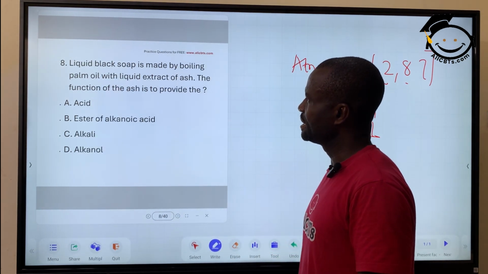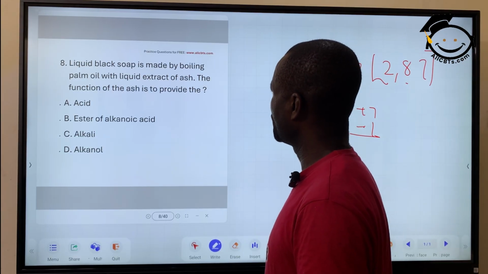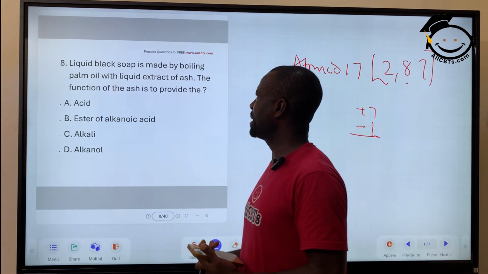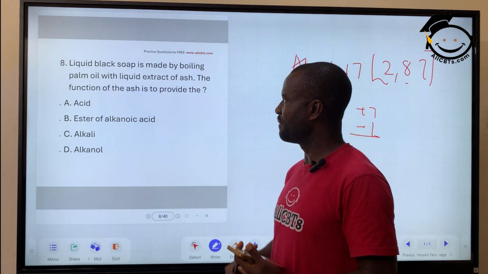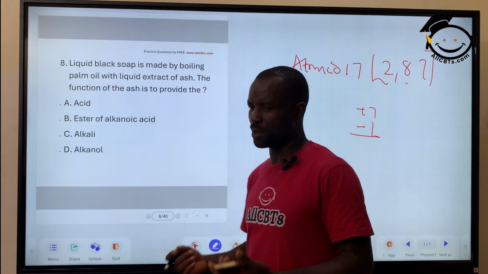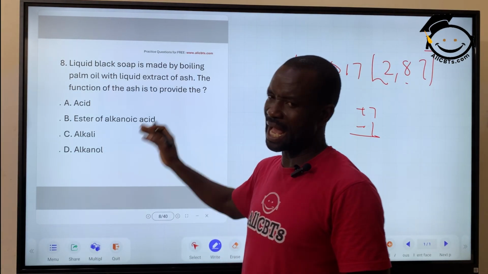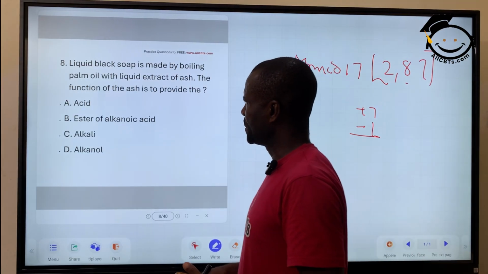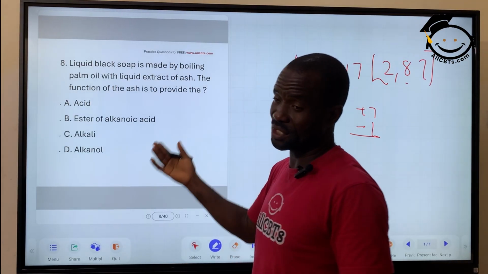Question 8 says, liquid black soap is made by boiling palm oil with liquid extract of ash. The function of the ash is to provide what? This is a process known as saponification. That's the production of soap in the laboratory. So what's the function of the liquid ash? That's the traditional method of